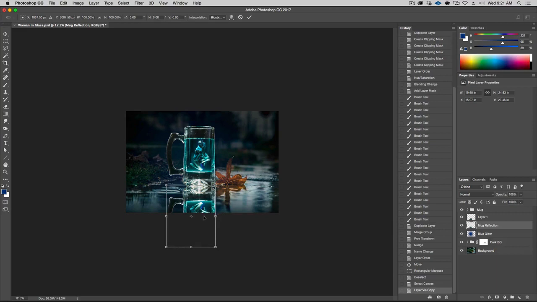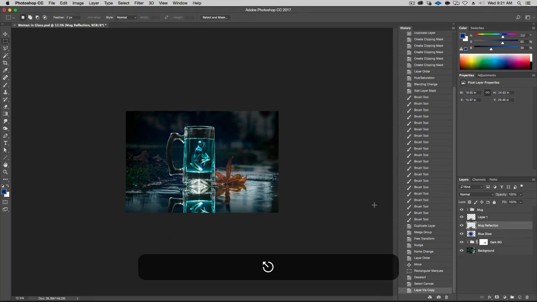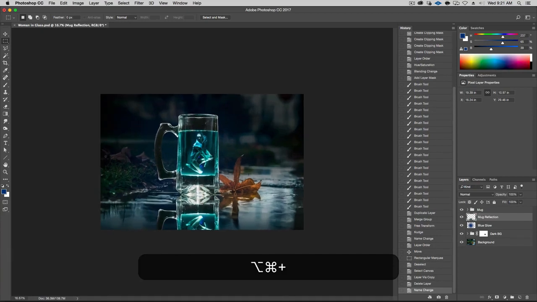I actually just want this part. I don't want it to go all the way down. So to cut out what's out of here, I select everything, select the canvas, make a new layer out of that, which leaves us with just this area. And now I can go ahead and delete this. Rename this mug reflection, like so. All right, let's zoom in again.